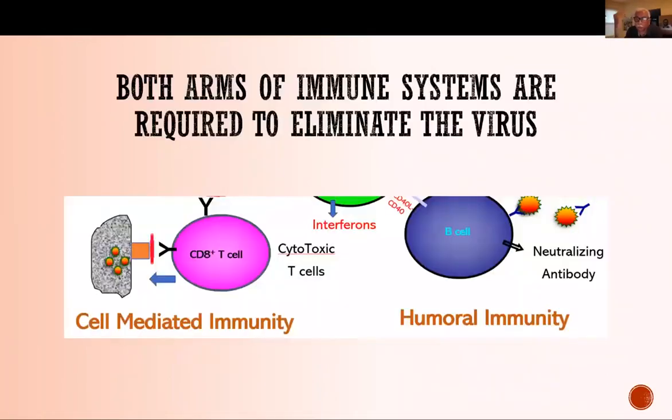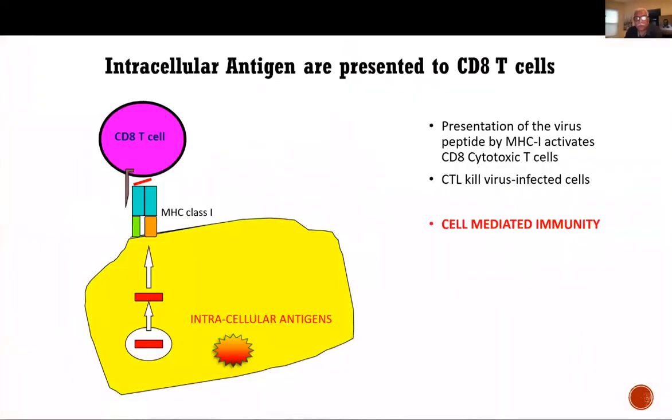So remember, both arms of the immune system are required to eliminate the virus: the humoral immune response, which is the antibody response, as well as the cell-mediated immune response, primarily by cytotoxic T cells. So before we go further, we have to understand how cell-mediated immunity is generated and how the antibody response is